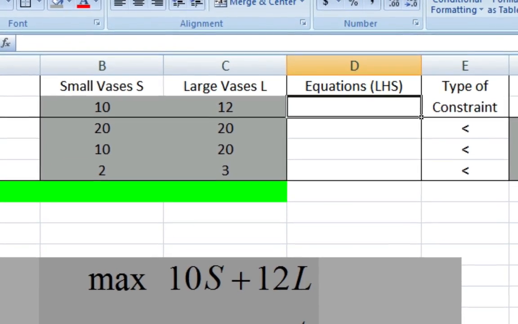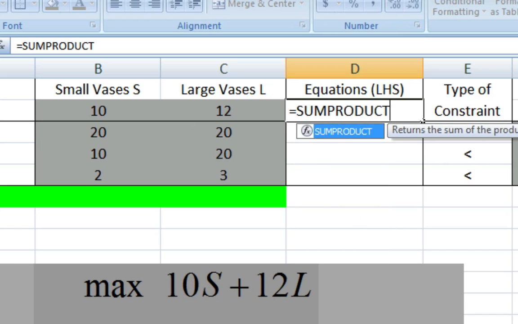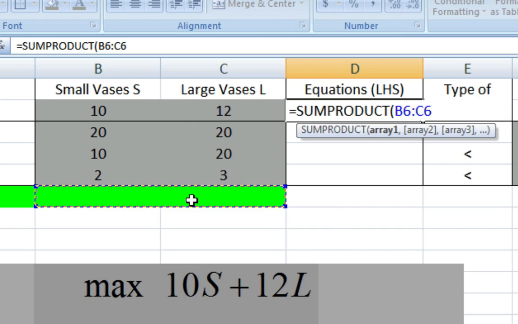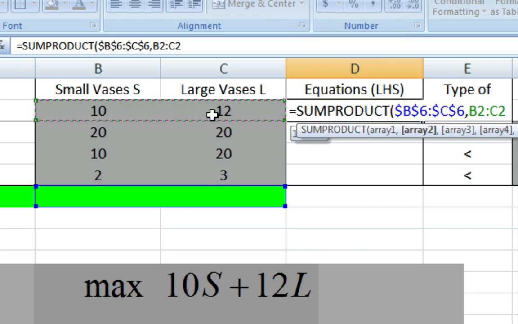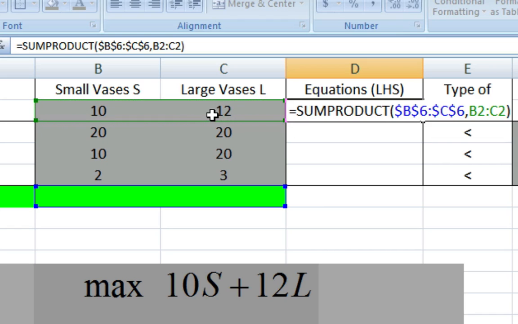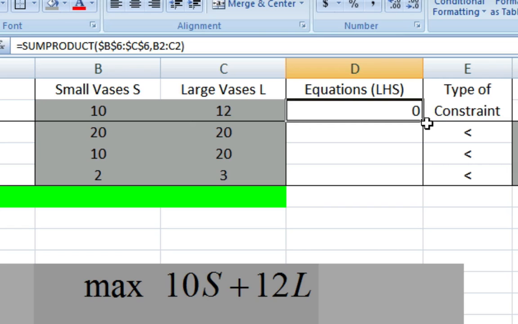Since my variables will be stored in cells B6 and C6, I will type here equals the sum product of cells B6 to C6, and that I do in absolute, so F4 or function F4, depending on whether you have a Macintosh or a PC, times the objective function coefficient, and I hit enter. Now all I have to do is pull this down,